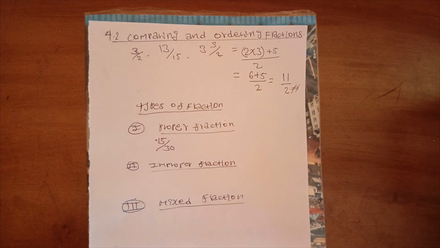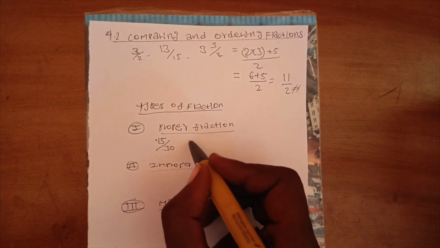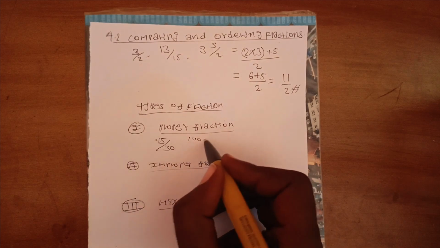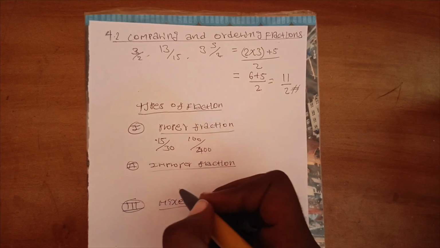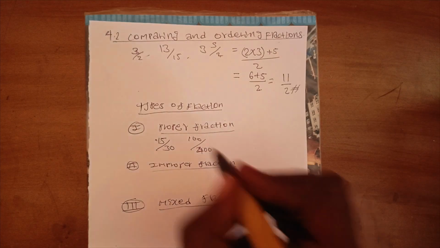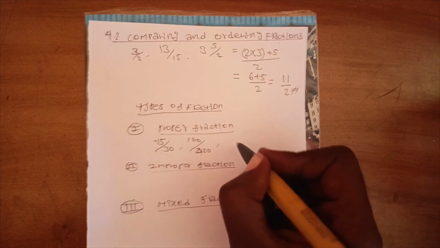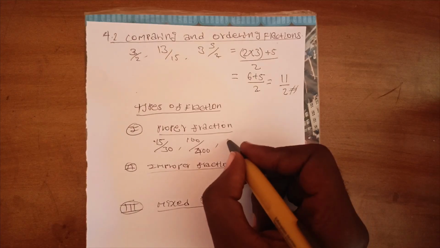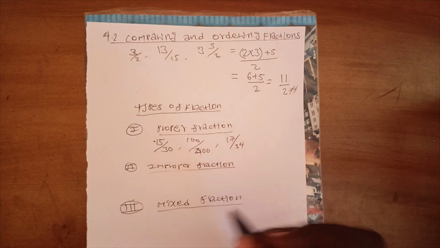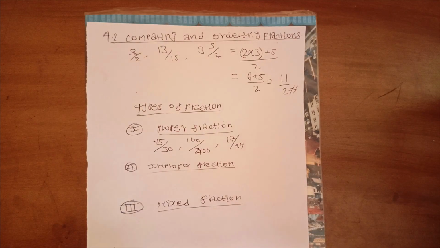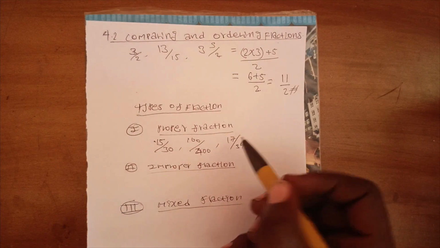Now this is proper. 100/400. It is a proper fraction. Understand? 17/34. It is a proper fraction because the numerator